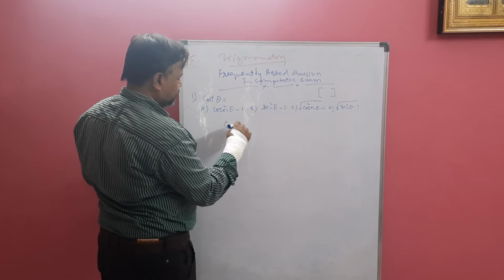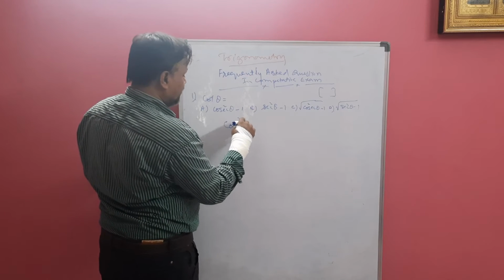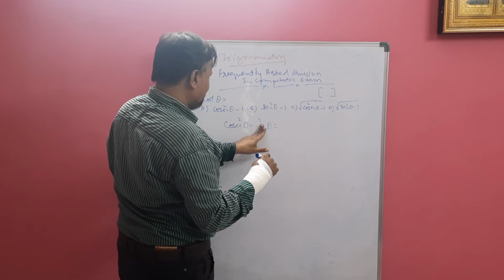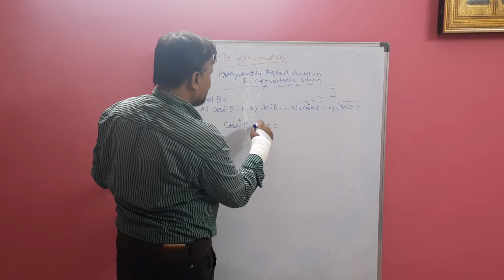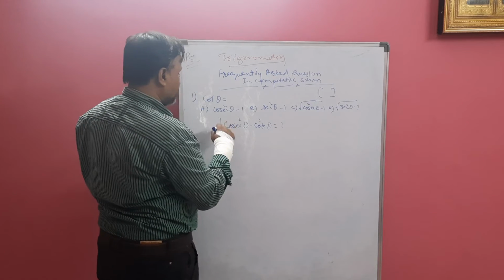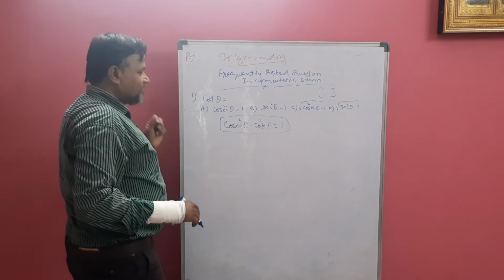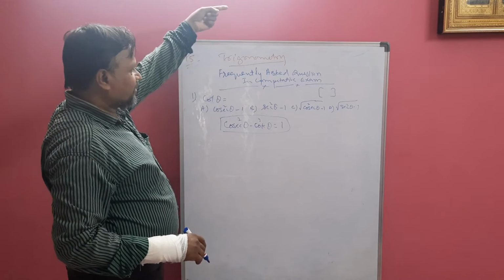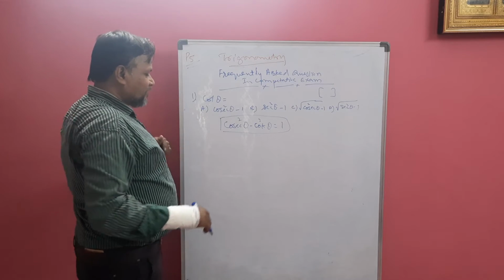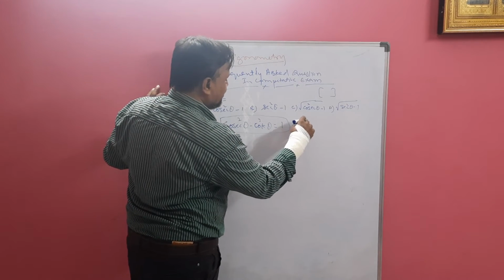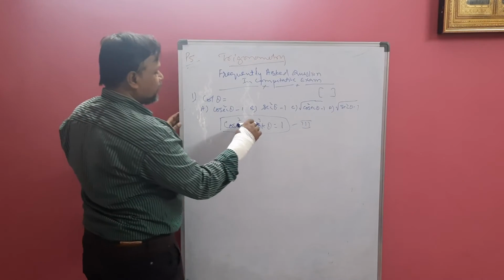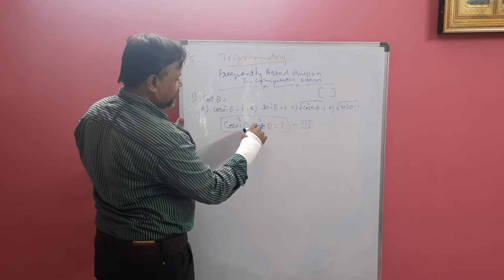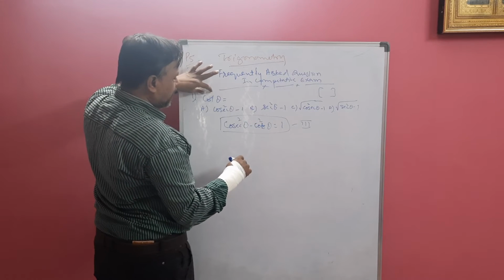Cosec square theta minus cot square theta equal to 1. This is our identity. Using this identity, why? Because cot is related with cosec, sec is related with tan, sin with cos. So this is our third identity, the square identity. Now what do you have to find? You have to find cot theta. So move this to that side, and this to this side. Square is there, without square you have to write.